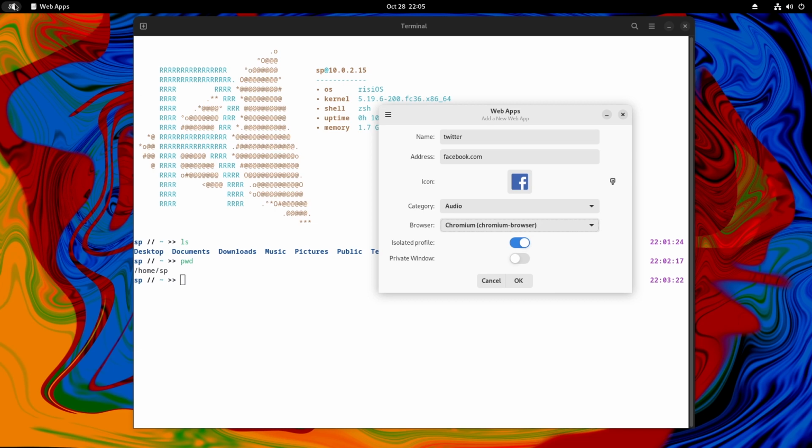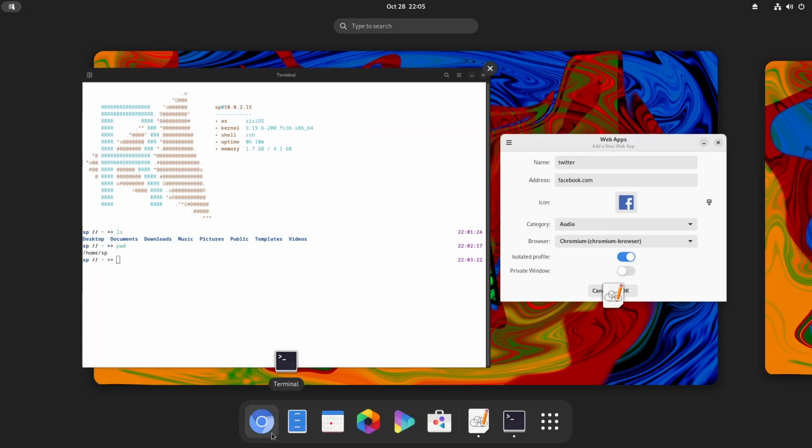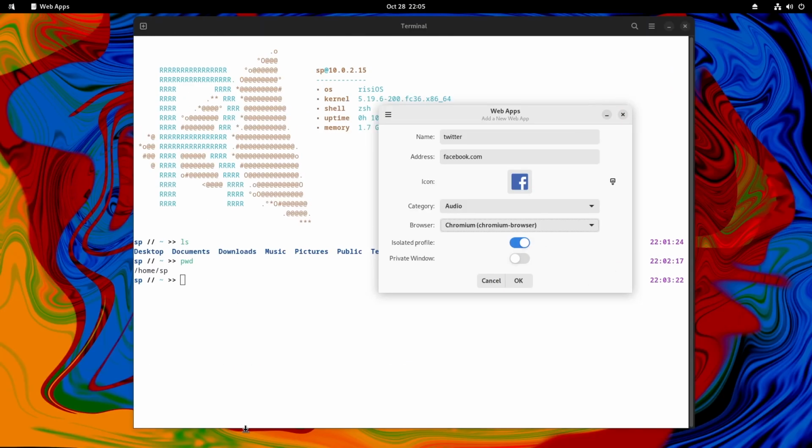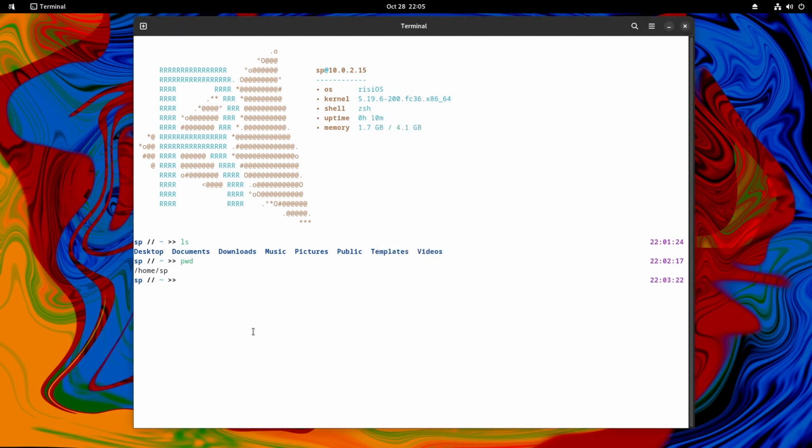Wait, my Chromium cannot launch. I don't know why. So I will try to install Firefox.